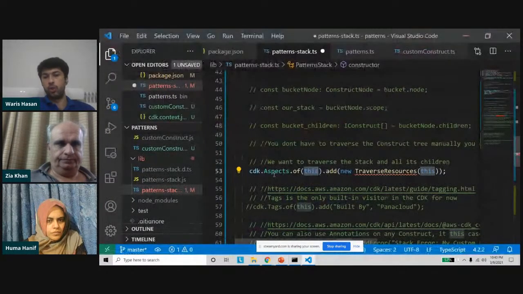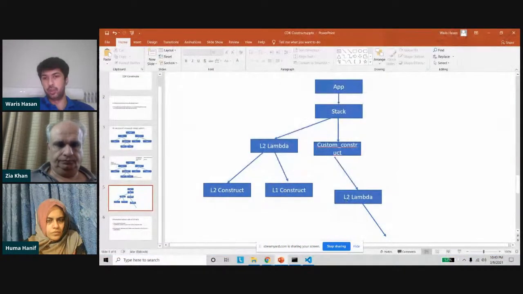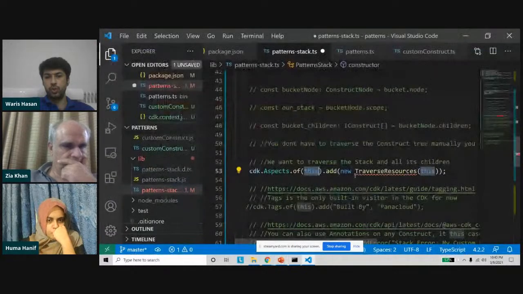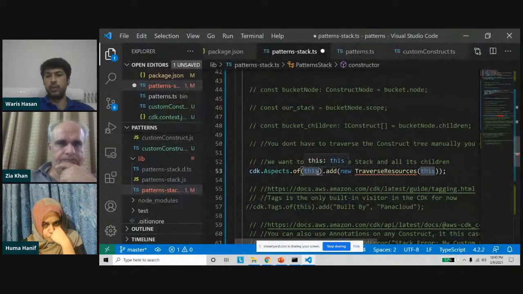And then you pass the scope where you want to run the visitor pattern. I can also run it over here, or even on the root node. It doesn't really matter in this case whether you run it over here or here, unless you have to make changes in the stack. I'm only interested in changing these things over here, so I'm just going to run it on my stack. So I'm passing the scope this, and then you write add, and in the add you have to pass